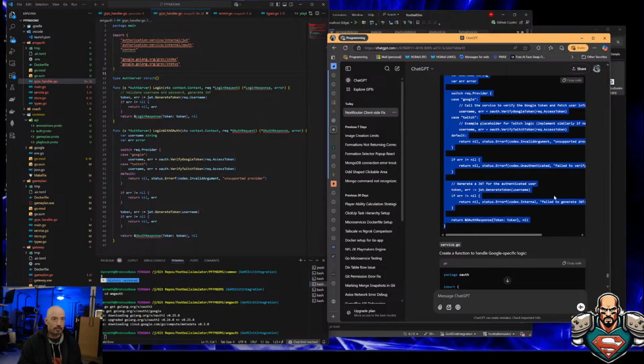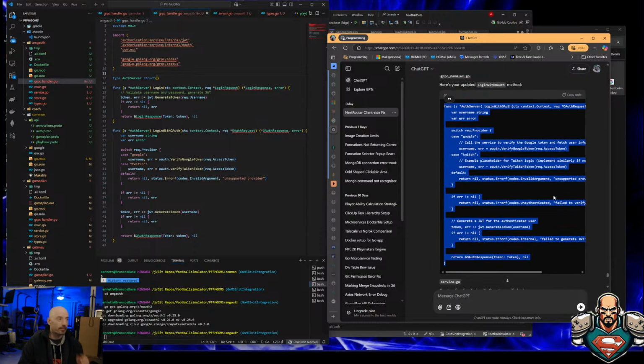I am curious, how's it different? So we got string, got error, we got reg provider, we got Google, call the user, username, error, OAuth.VerifyGoogleToken, request, didn't change anything there. Same, and then return nil, if error. So the nil here is return nil, status error, codes unauthenticated, failed to verify. So it's a little bit more only because